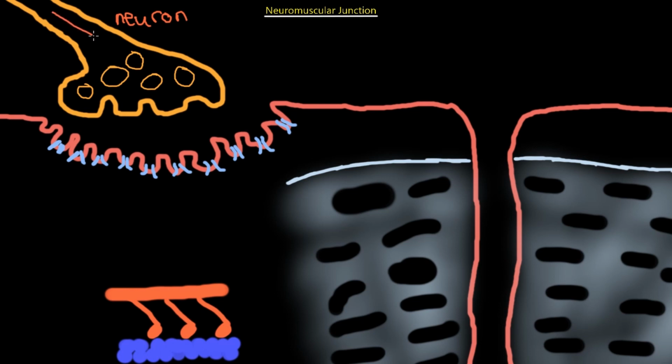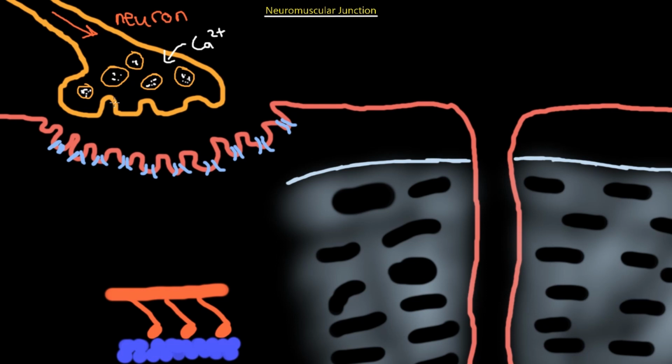The signal is going to come in through the axon, so the electrical stimuli. There's going to be action potential occurring throughout the neuron. Once it reaches its terminal ends, it's going to get calcium inside the cell. So calcium 2+ is going to enter the cell and cause a release of the